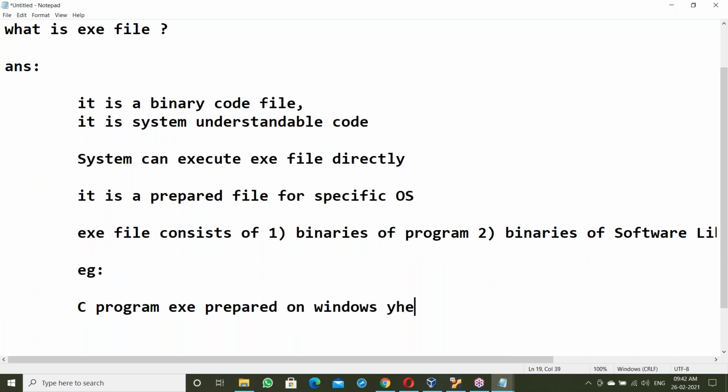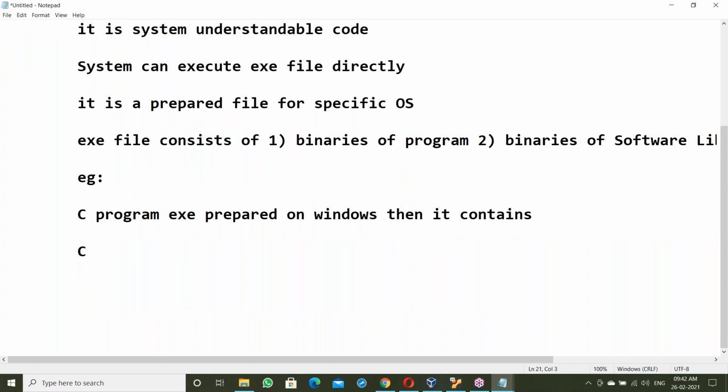Then it contains the binary code of the C program.